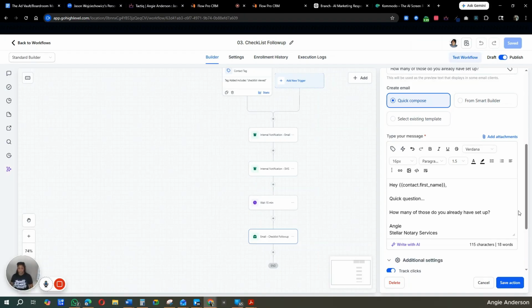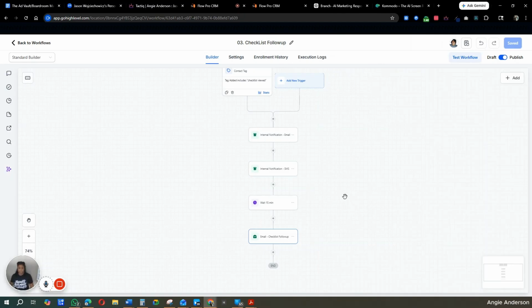You know, and I leave it open-ended for a reason, so they could either respond and say not nearly enough, or I need to set it up, or I'd like to learn how to set it up. And in that checklist, I do have a call to action that says, hey, if you need help with any of these things, set up an appointment, kind of thing. But this is my last bit of touch point with them, so they can, boom, know that it's happening. Okay. And that ends my